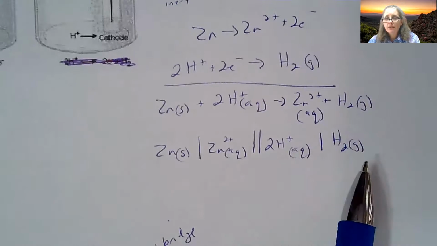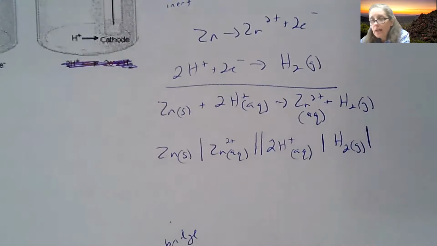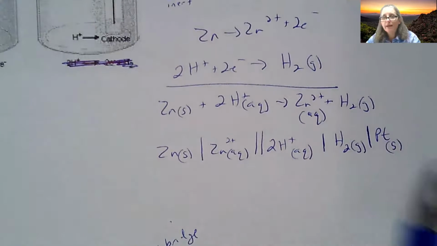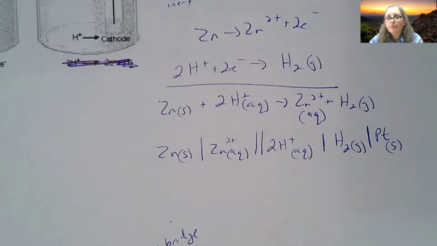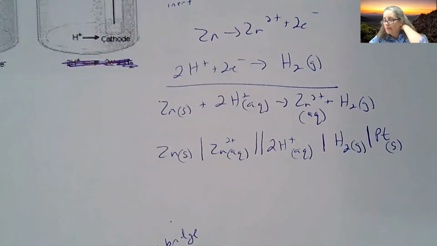What you will sometimes see, if there's a gas or if both of these are aqueous, and you'll see a couple examples of that as we go forward, is you always draw an extra line and then write down Pt solid. Platinum can be your go-to for any metal that you need, but it could be any inert metal that does not react in that situation. So this is again called line notation, and it's a nice easy way of writing a galvanic cell without drawing the whole